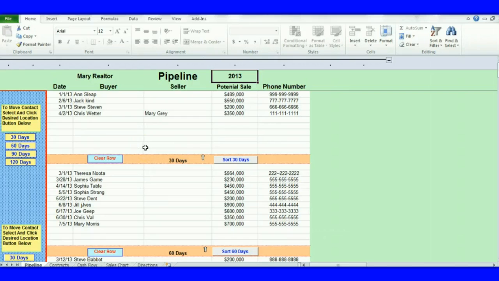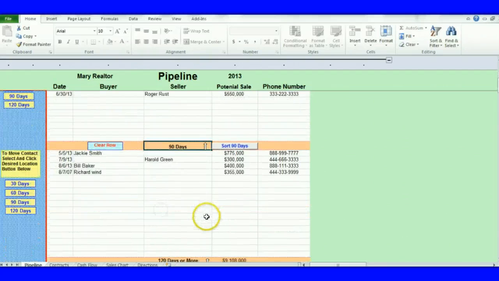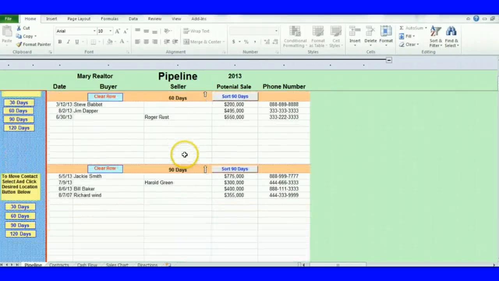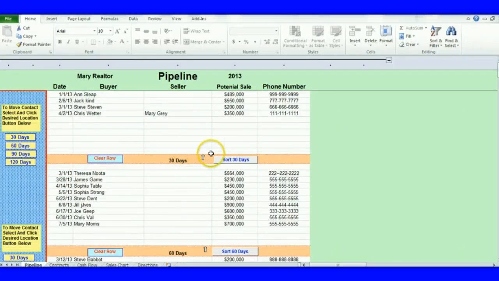Now I would like to go over a couple of things with you. If you notice, there's a 30-day, 60-day, 90-day and 120-day, and the arrow is pointing up because that's the direction where that 120 days is. And the reason for this is because you're putting your buyers and sellers into different categories. The ones that are more active, you're going to put into a 30-day category. The 30-day category is for people that you're probably going to be calling on a more frequent basis.